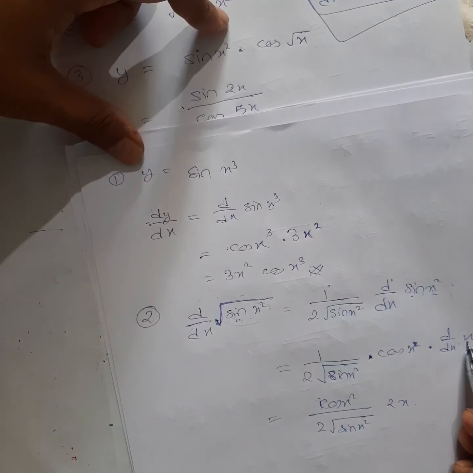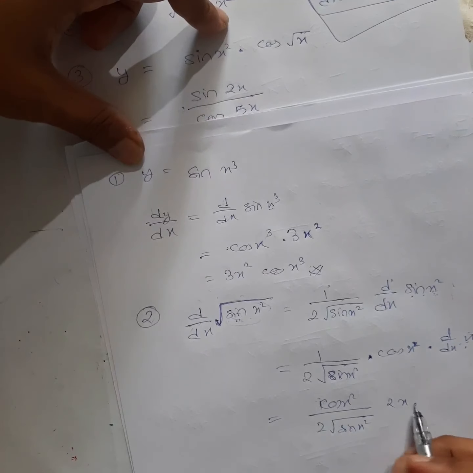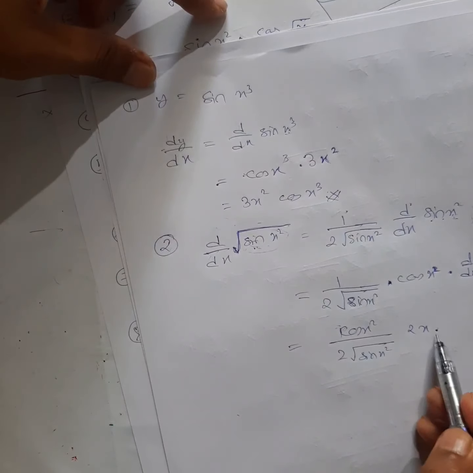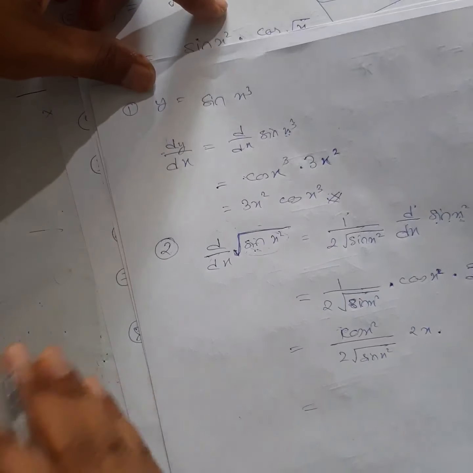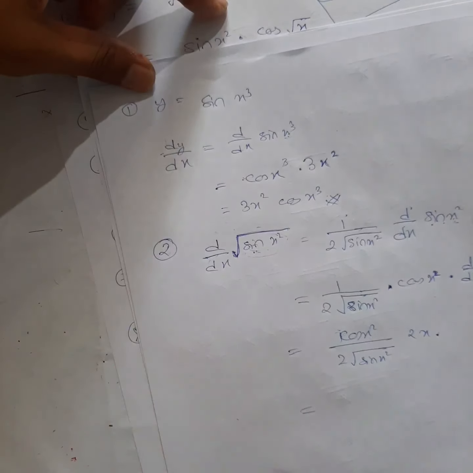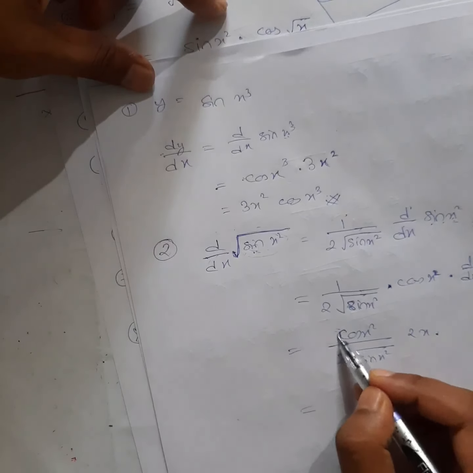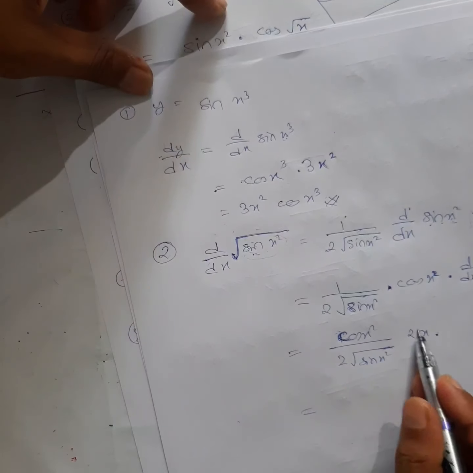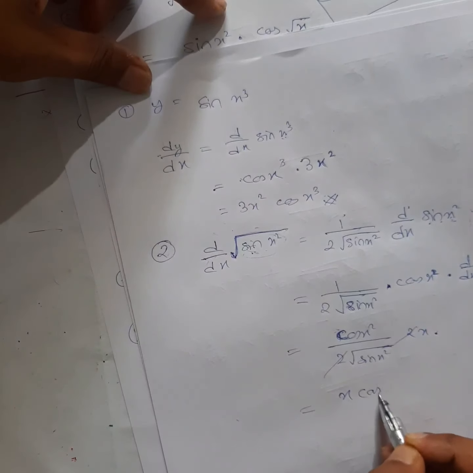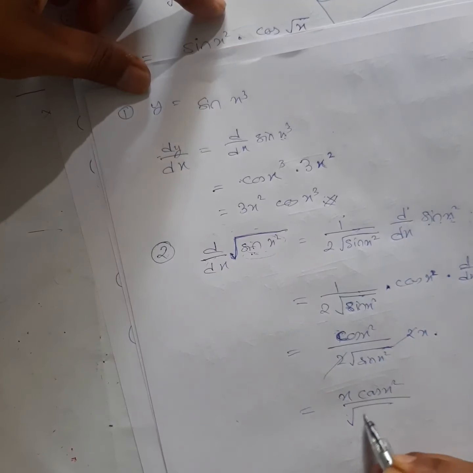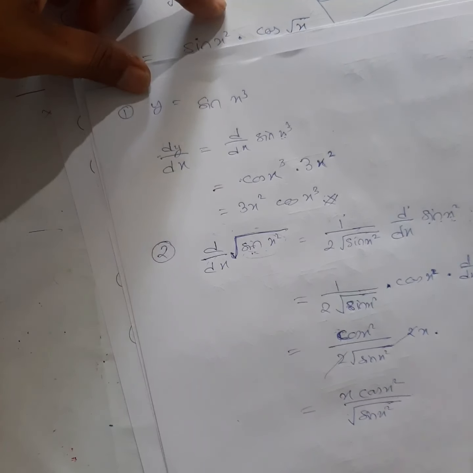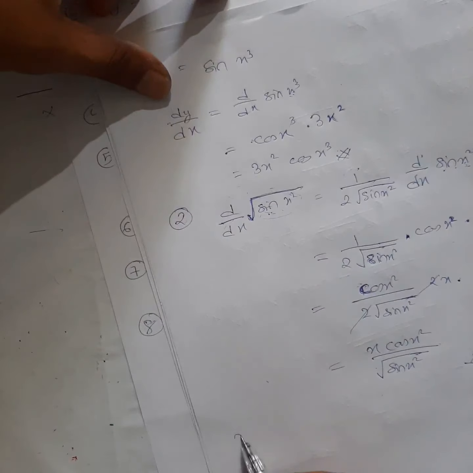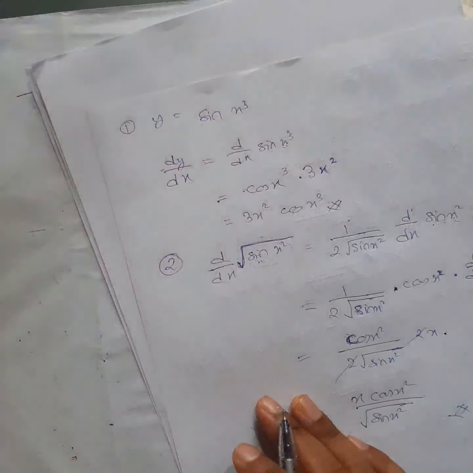Now this is of the form x square, in place of x it is x only, so if you differentiate this again, you will get 1. So after this we will stop here. This is the reason we use the chain rule in the formula which I have given you also. But there you will get 1, that's why it is not visible there. So 2 gone, so you will get x cos x square by root sine x square. Done. Number 3, what was the question?